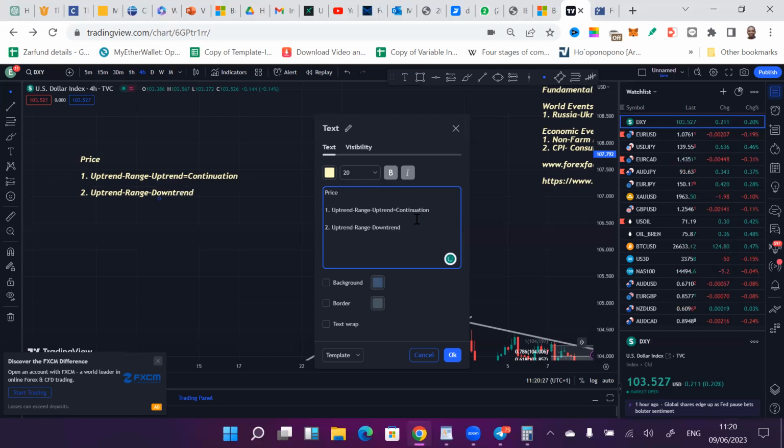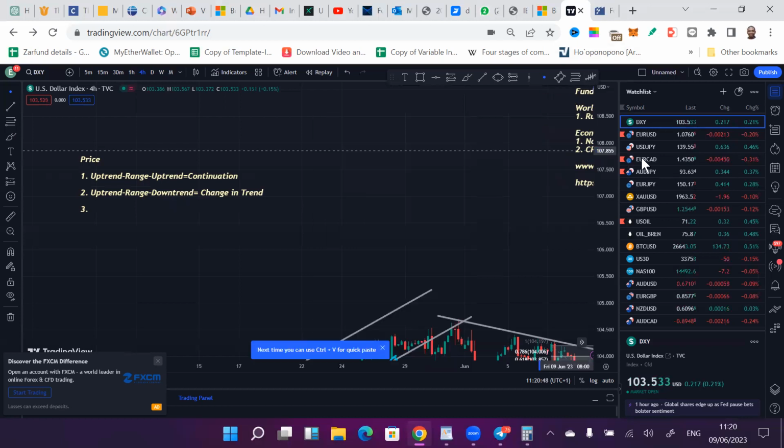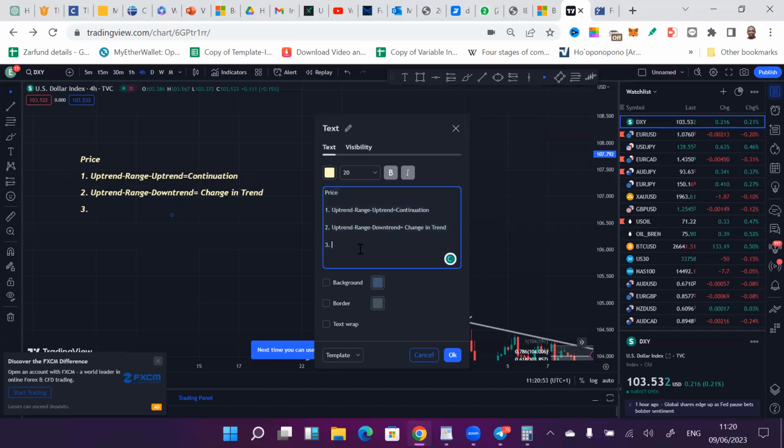Then a downtrend. So this one is a change in direction. Change in trend. So this is a change in trend. So the same thing, number three, you can have a downtrend,